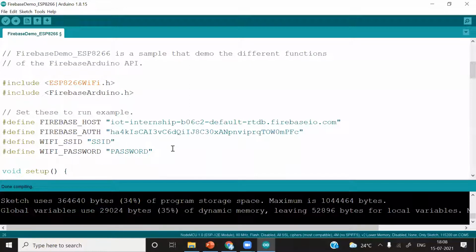After that, SSID. The SSID for my mobile hotspot is project. So I will put it over here. The password is computer12345. It may be different for your Wi-Fi or mobile hotspot. So you just have to write your own credentials for Wi-Fi or mobile hotspot.